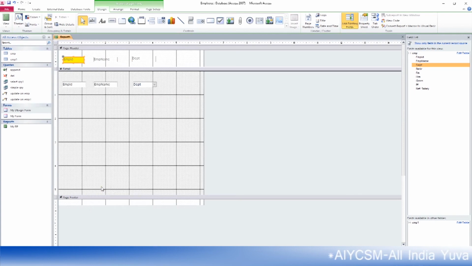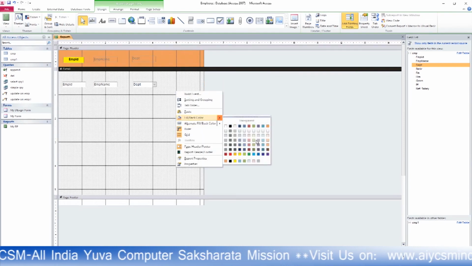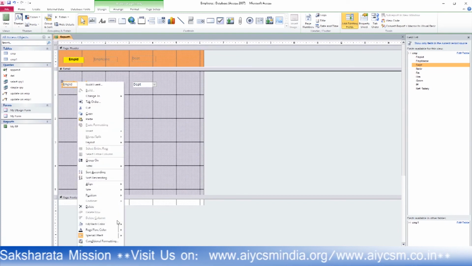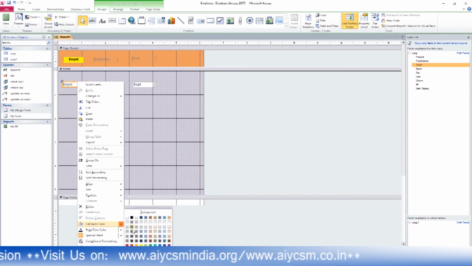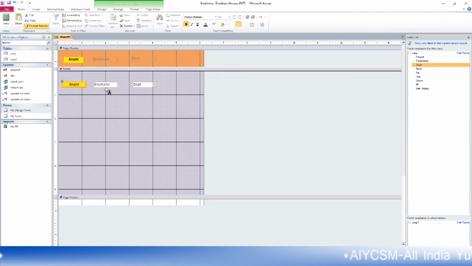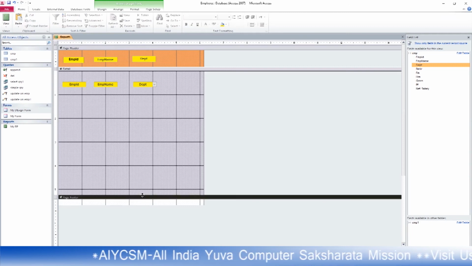You can color it from there. This is the background color, you can color it. This is the font color, this is bold, this is from there. You can color it also, fill color, this is the light color, fill color, this is this color. You can change the color to any color that you want. Go to format painter, click on this, click on this. Okay, shortened down. This is our design view, and if you save it,